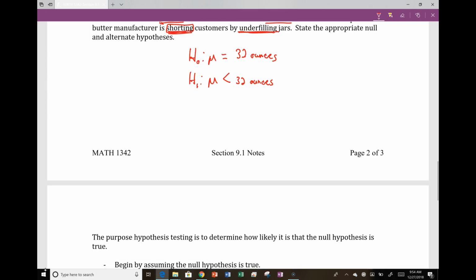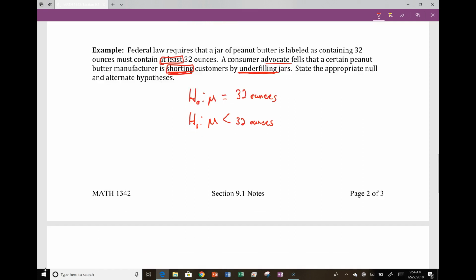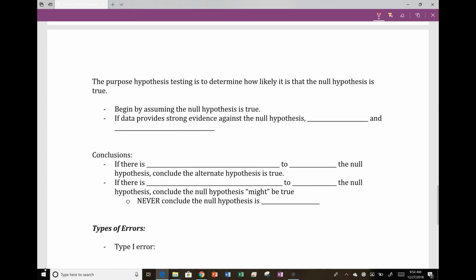Recall back with our peanut butter jars. We assume that it's 32 ounces because that's what the label says. And so we want to see if that is true or not. So we're going to assume that the null hypothesis is true. If data provides strong evidence against the null hypothesis, we reject it and believe that the alternative hypothesis is true. So either the null hypothesis is going to be true or we are going to reject it and the alternative